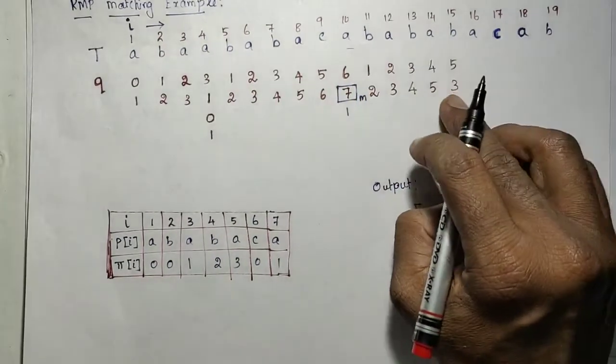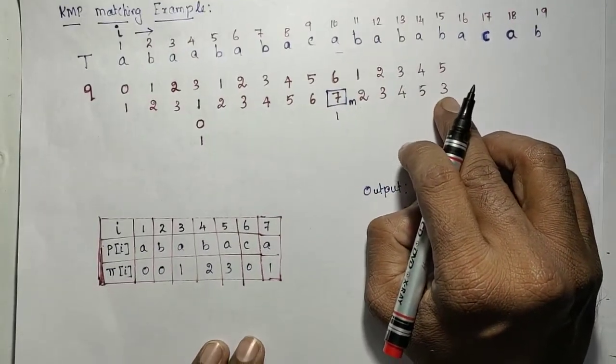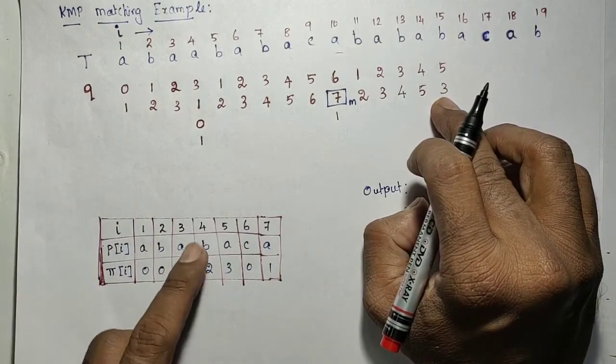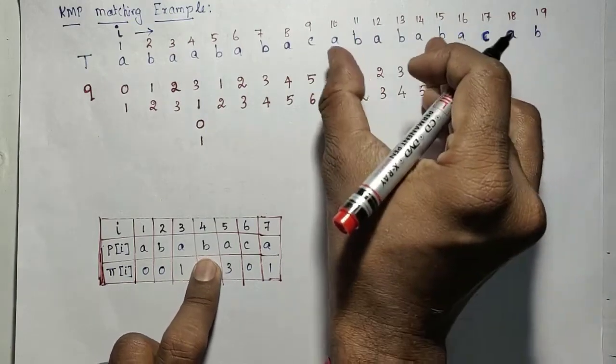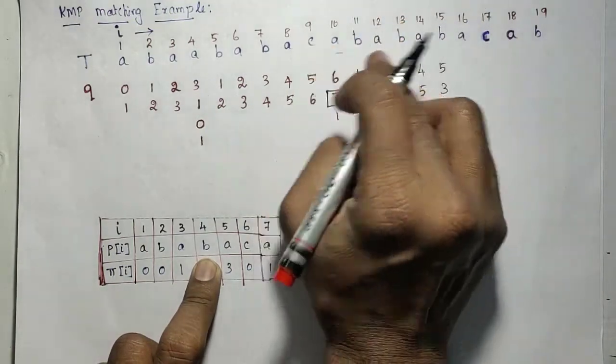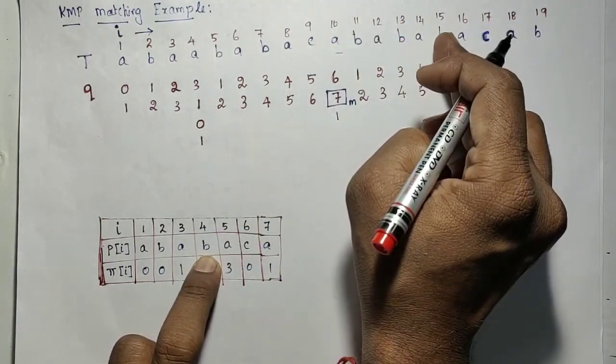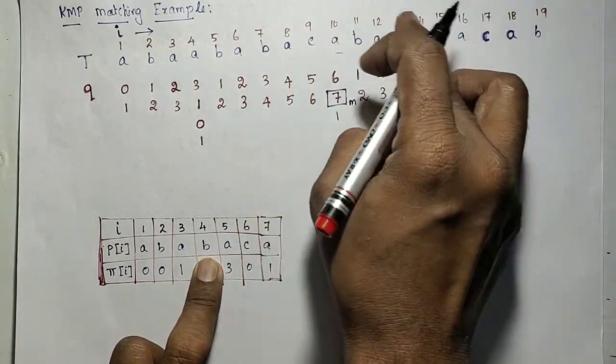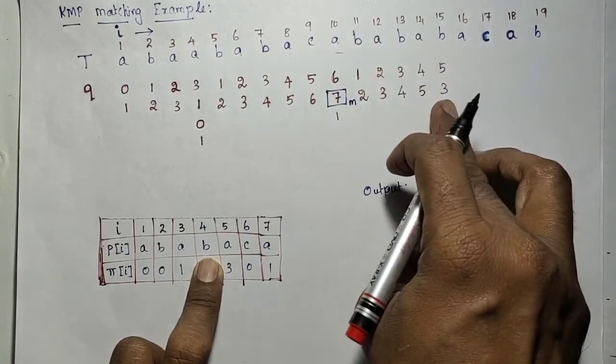Okay, still we should not stop this iteration. We keep on comparing what? q plus 1. q plus 1 is the fourth character now. So the last 3 characters are matching. The last 5 characters were matching, and we are comparing the 6th character. We are not obtaining a match. So now from the 5, what is the longest prefix we are obtaining?